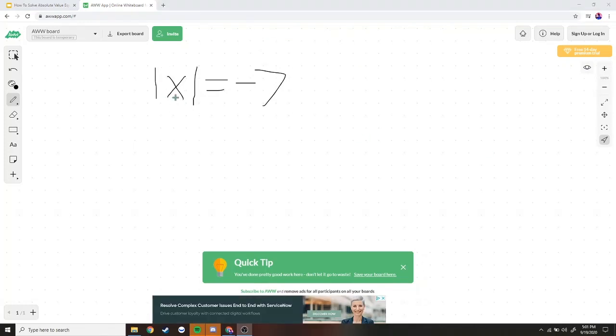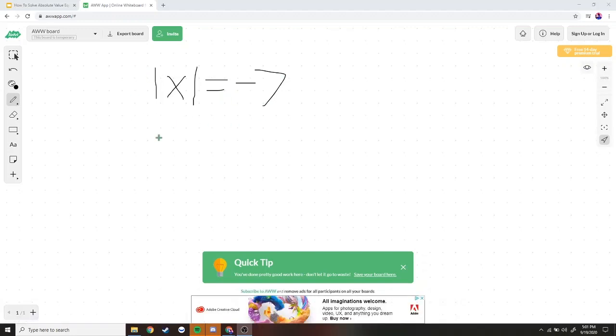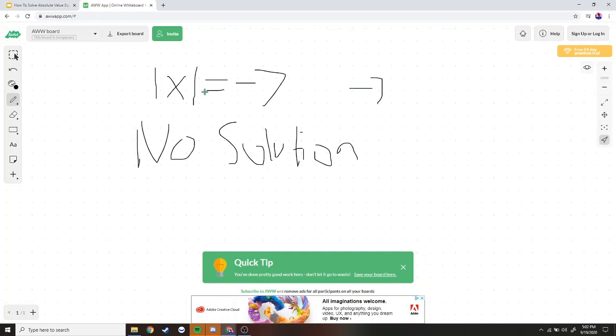So here we have the absolute value of x, or an absolute value of any number, is equal to -7. Well, this equation right here has no solution. Now this is because anything that we put into an absolute value operator is equal to a positive. So any number that we put into this will become its positive. So if we put in -7 into this, because you'd think that, okay, -7 is equal to -7. Well, no, this operator would basically take away